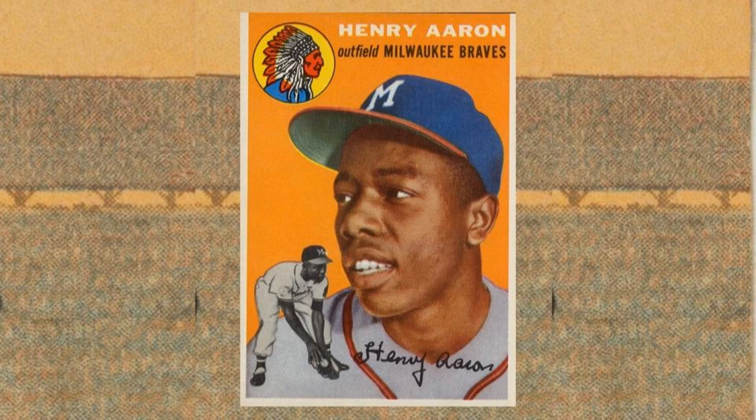Number 1. 1954 Topps Hank Aaron, number 128. No matter how much extra weight we allot to cards that commemorate Aaron's monumental career achievements, or ones that mark major milestones along his path to immortality, they all face a significant handicap, namely the mere existence of Aaron's 1954